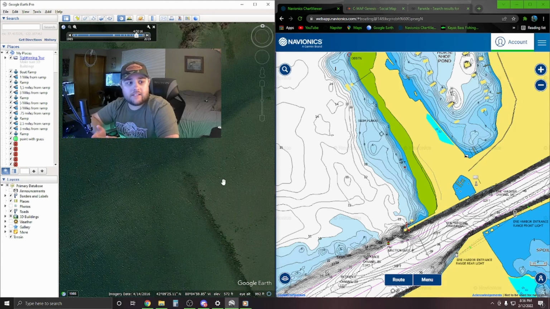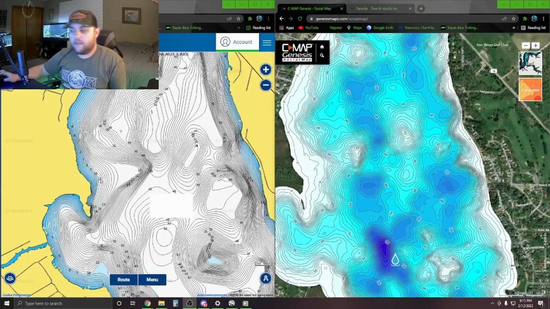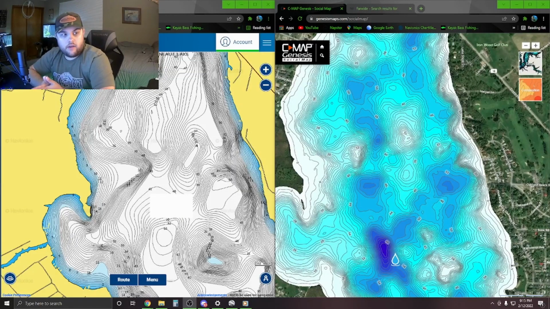And you may be able to find stuff there that even if you fished the lake your whole entire life, you may have never known were there, just by going back into Google Earth and going back in time for those satellite images. Now, the reason why I run two different types of mapping when doing my research here